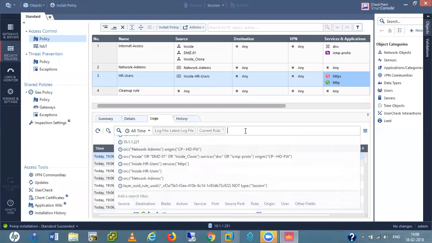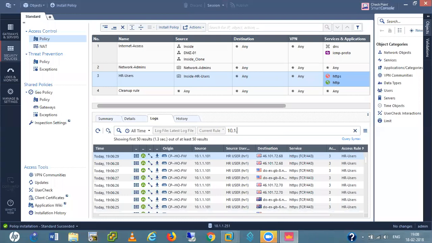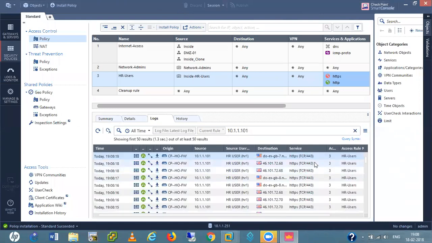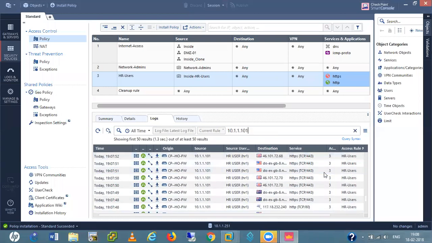If I again check the log here, 10.1.1.101, HR users TCP. Yeah, it is now allowing 80 also, right? So we are verifying this thing, our rules are working, right?